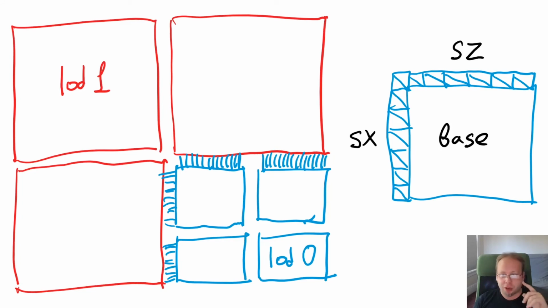Now, here's how this looks in practice. And this is where the simplicity of this approach really comes in. So you see the LOD0 chunks and LOD1 chunks, and you see the blue stitches between the 0 and 1. This is the skirt geometry. For every chunk, you need up to 3 of them, because for every chunk, we generate stitches from the finer level of detail, LOD0, to the coarser level of detail, LOD1.